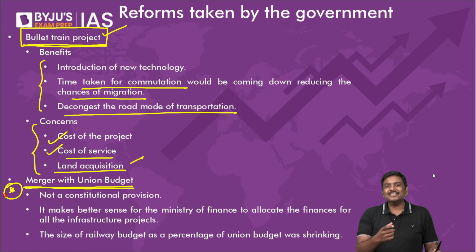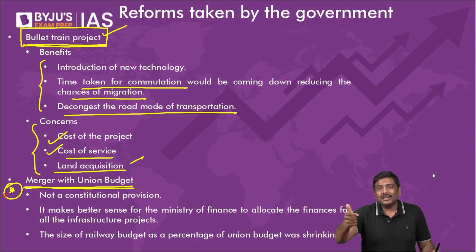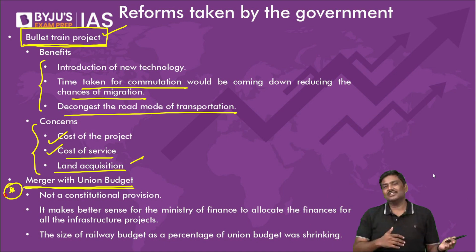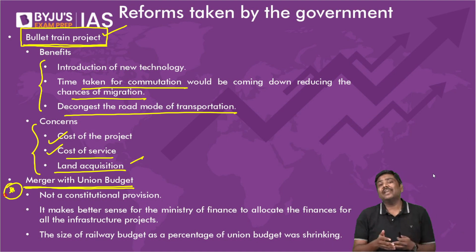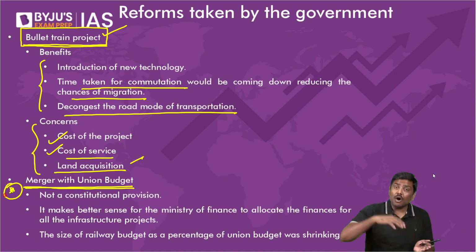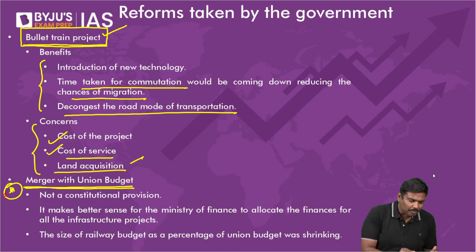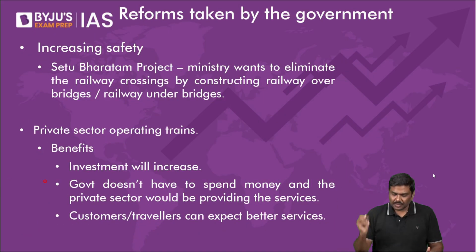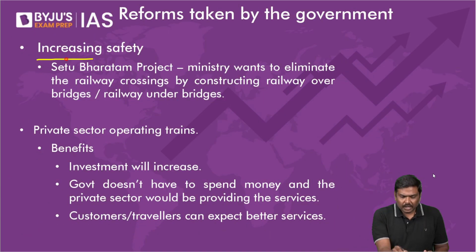Rather than discussing whether these projects are economically beneficial, whether the projects will generate sufficient revenue for the ministry, the argument was whether this has been done for this state, that state, etc. So cost to benefit analysis took a back seat, populism took a front seat. So rather than doing all of this, the government now says we will merge it with the union budget. Okay. Next, in order to increase safety,